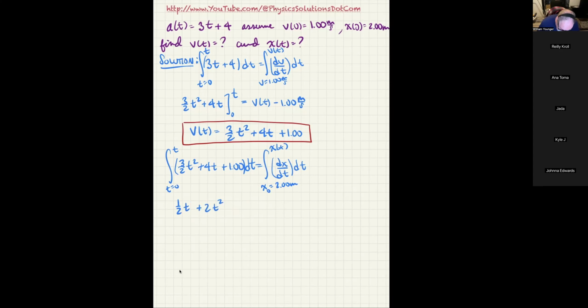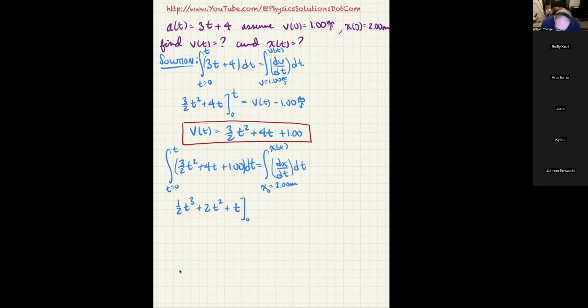That's going to be cubed. And the fact that it was cubed is what got rid of the 3 in the exponent, I mean, in the numerator. And then the 1.00 is going to become 1t. I don't really need the 1.00, so I'm just going to leave that off and write it as plain t. And that's the left-hand side, but I have to evaluate it from 0 to t, which is just